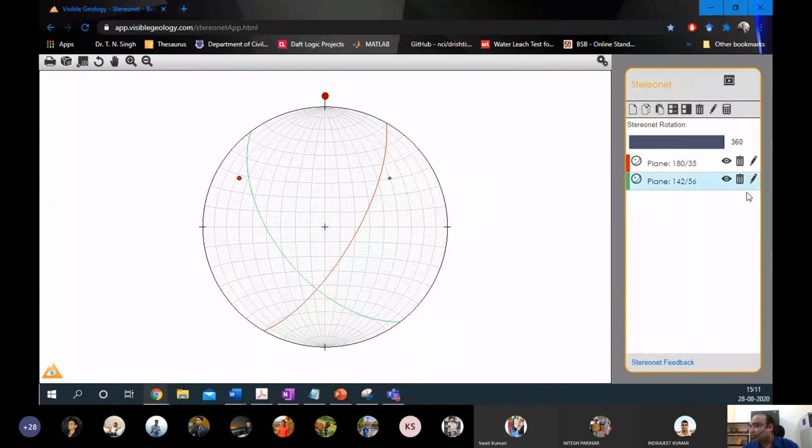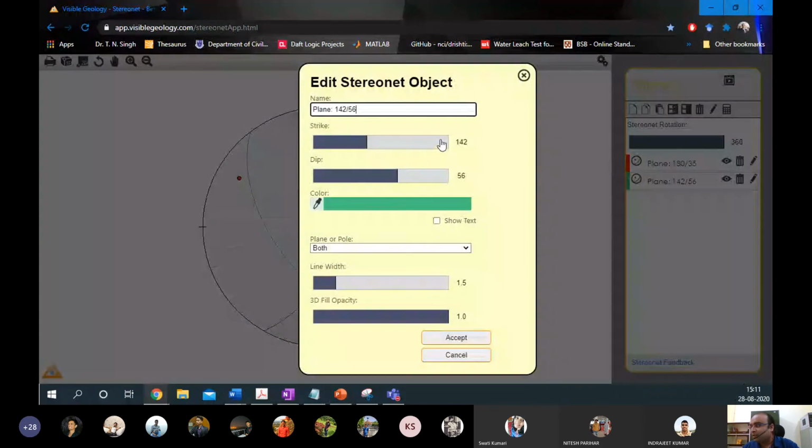And what are its properties? It has 142, so let's keep it 140, and 60 degrees dip, right? Again accept.